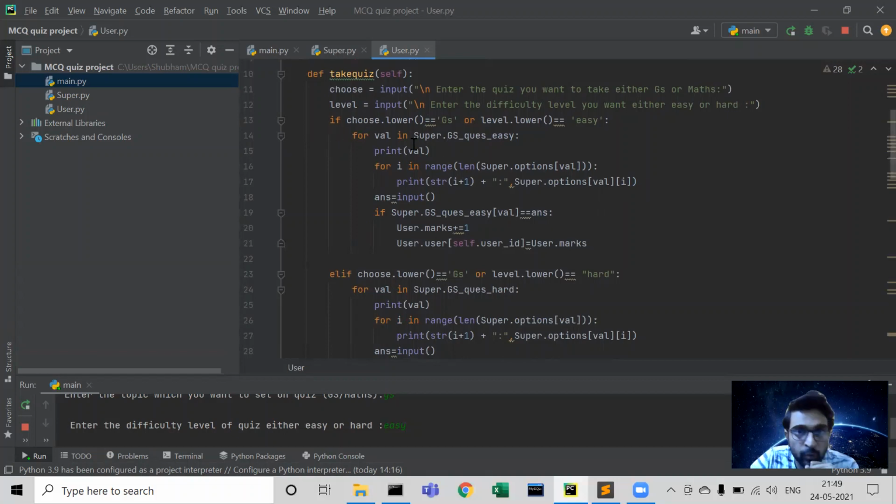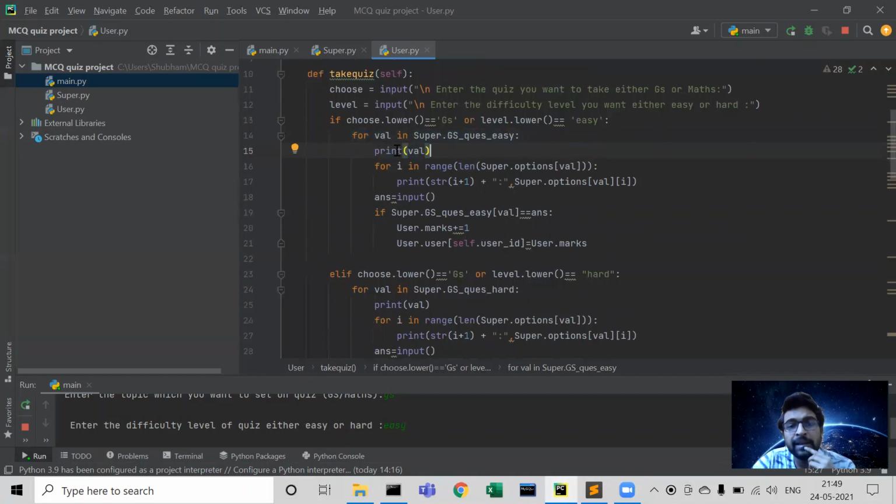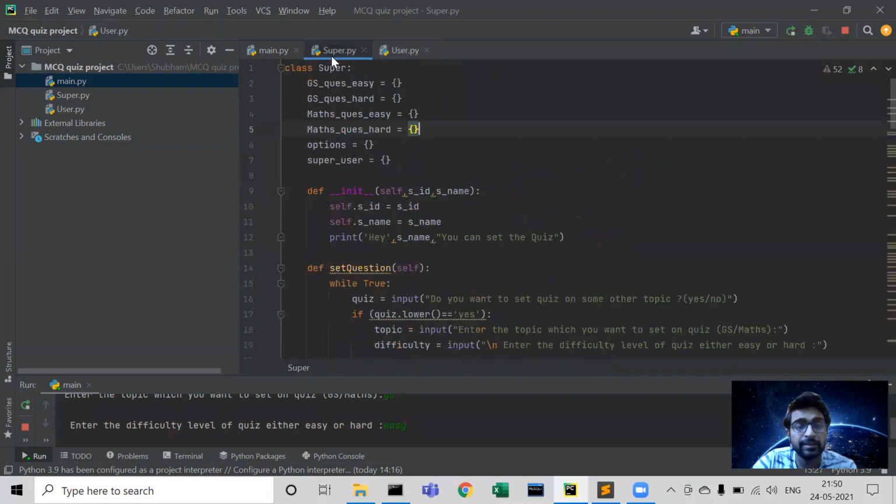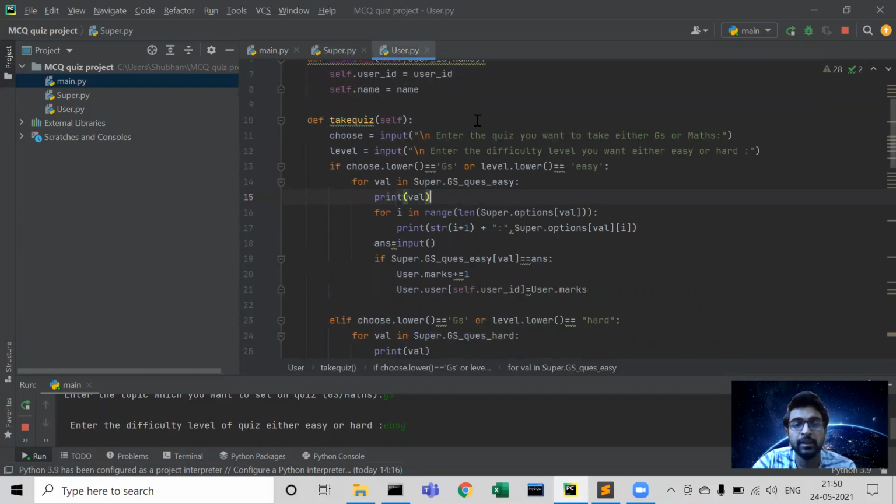Talking about this if, if you want to choose GS and you want to choose easy, then this for loop will run and print the value. This val is basically our question, which is present in super.py, questions easy is in this file. See, super.py questions easy.